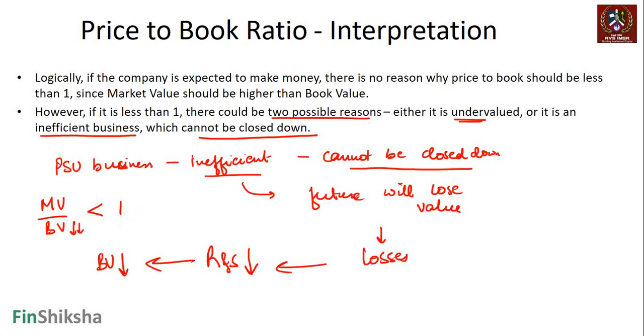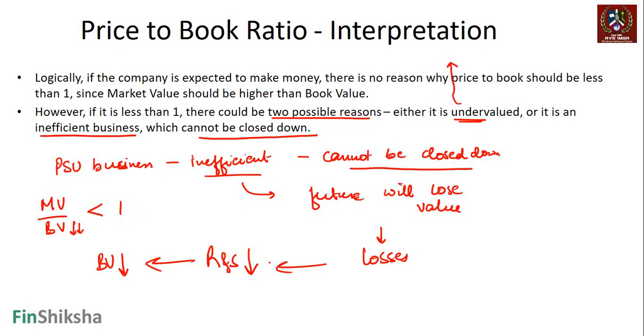So either it is a scenario where the stock is undervalued and you are not able to find the correct value of the book of the assets and the liabilities, and hence that is a distortion, in which case you should be buying out the company and closing it down, or waiting for it to improve in the future, in which case the valuation should improve. Or it is an inefficient business which cannot be closed down. You either cannot acquire it completely, or whoever owns it today will not be closing it down tomorrow. So that's the problem with the price to book ratio calculation and understanding of this book value, right?